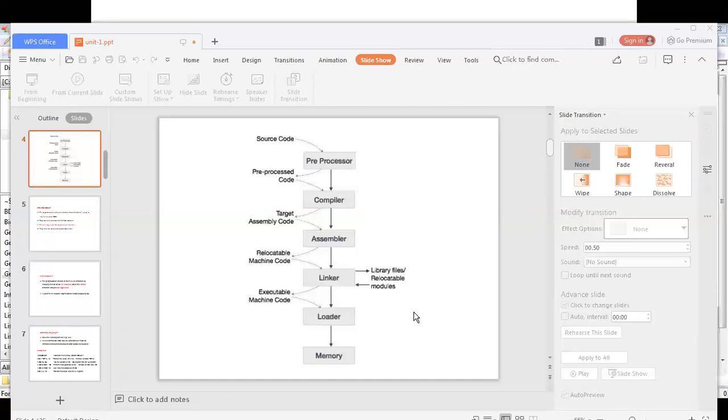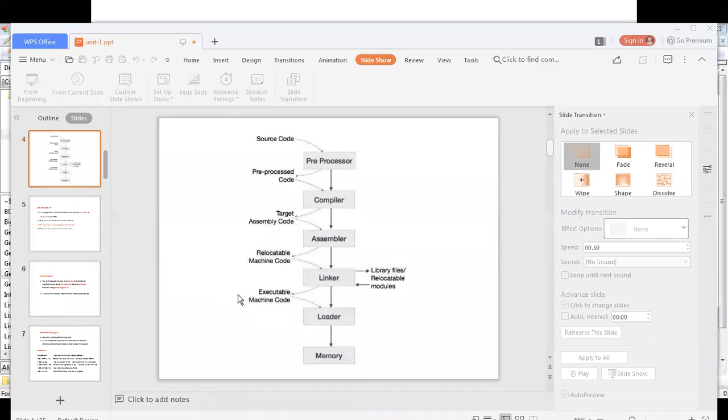After the linker has linked all the relocatable machine code modules, finally an executable machine code file will be formed, which is our required machine code. A single executable machine code file will be formed, which is what we want.